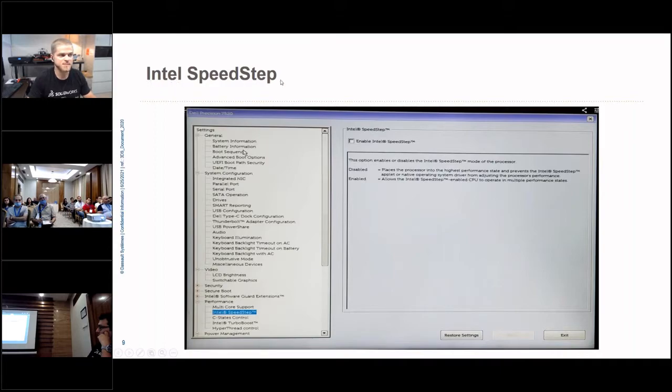So item number 1 is something called Intel Speed Step. Intel Speed Step basically allows the computer to dial back processor power, turn down the processor speed if it detects a lower power state. So for me, and I actually ran into this on several computers. This is a Dell BIOS, but I know, and now I'm using Lenovo, and I know Lenovo has it and HP has it as well.